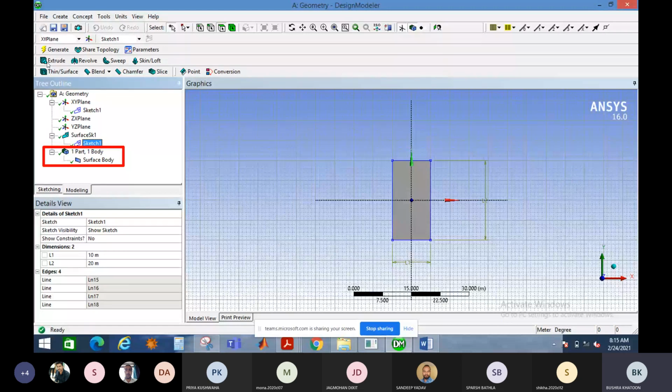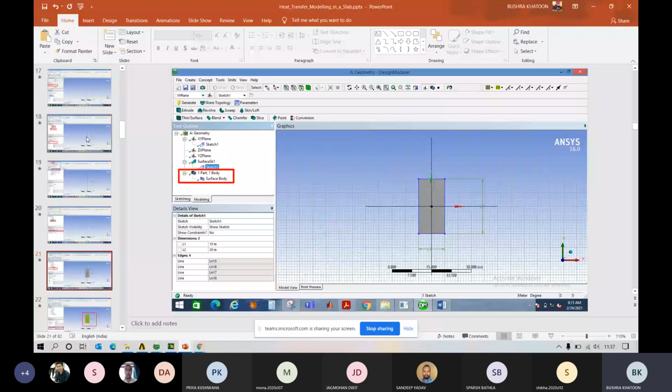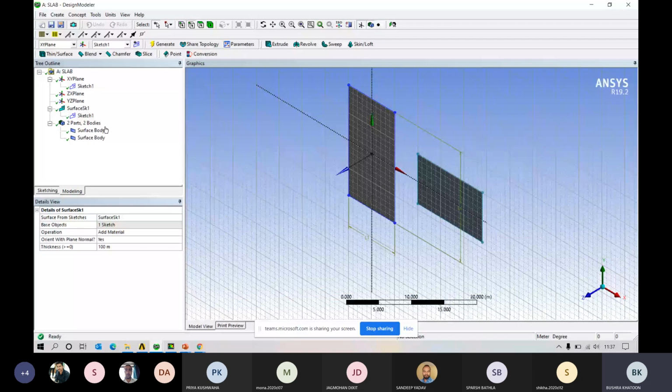Otherwise, you have another option. Like you have to just click on the surface option. And here I can show. You have a surface option, and here is the thickness. Once you want to convert this 2D geometry into 3D, then you have to just give the value, means up till what length you want to extend the thickness of this plate. So if here I have given the value 100 meter, and after